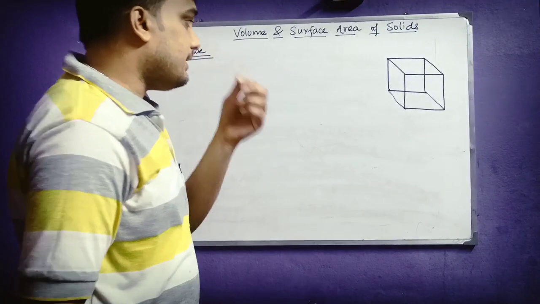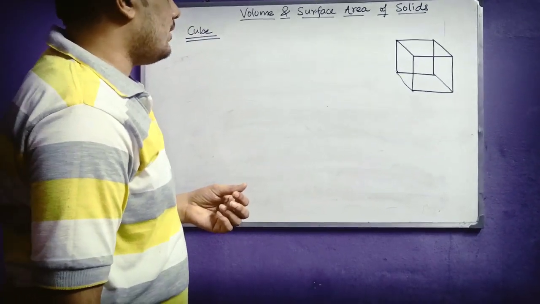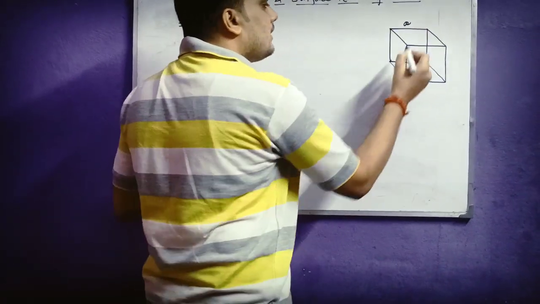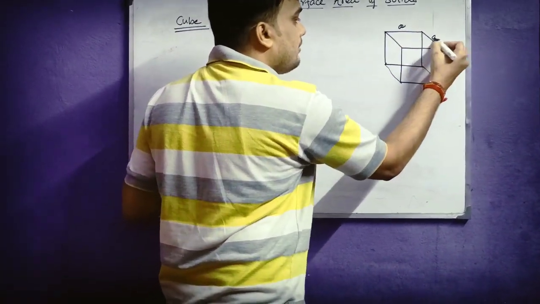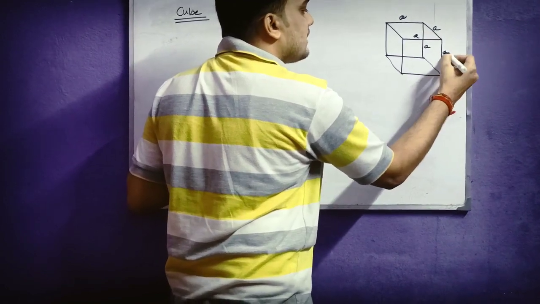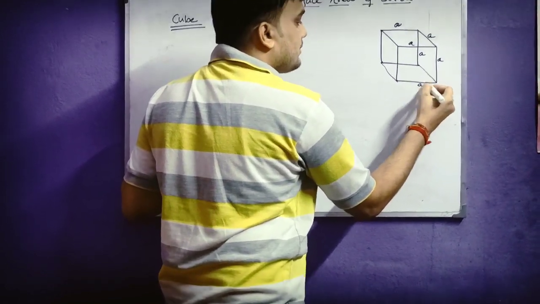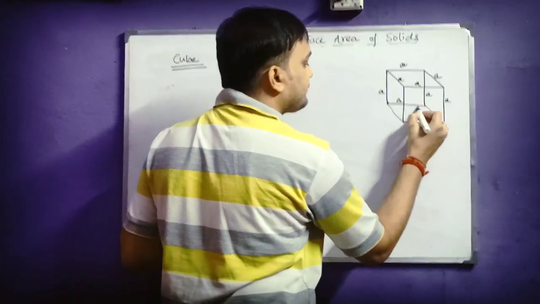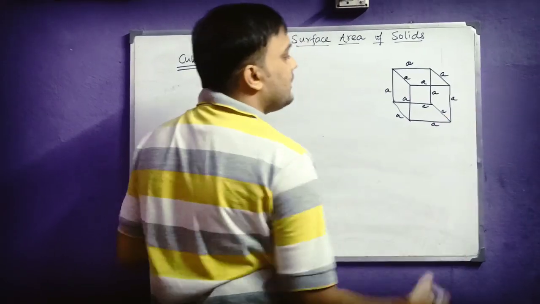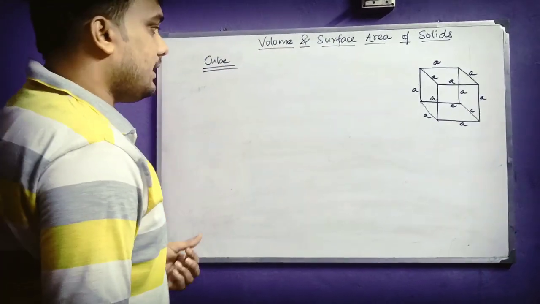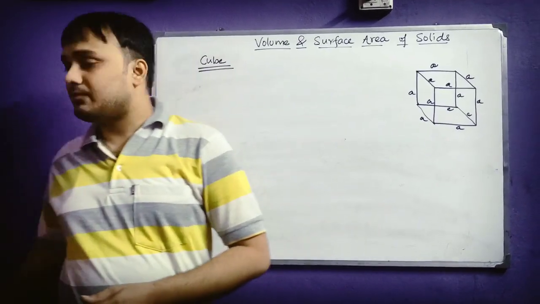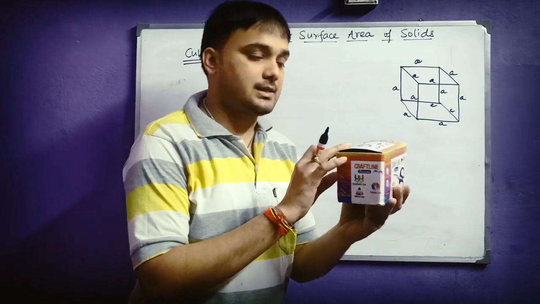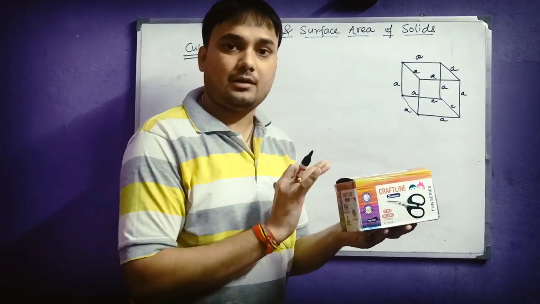This is a standard cube, a 3-dimensional representation of a cube. We will take the side, the edge of the cube, as A. So all edges will be A, because all faces are square, so all edges will also be equal. So all faces will be equal. Okay students, I just said that we will be considering this as a cube now. It is a cuboid, I understand, but let us take it as a cube so that we can understand properly.